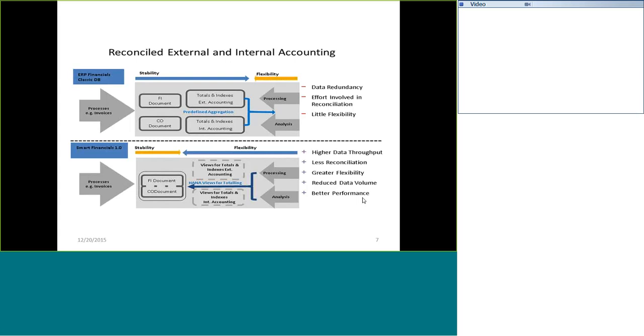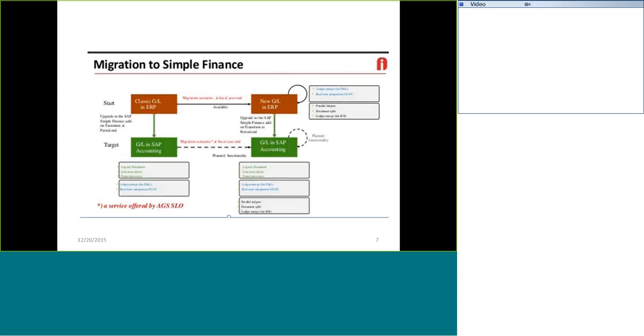Next, greater flexibility. Compared to multiple, in the ECC version we used little flexibility, but here we have greater flexibility. At one time we customize both conditions. Reduced data volume. Before, we had to do customization twice: once we designed the total financial structure, later we designed the total control structure. Now both are in the same stream. Better performance. Compared to the previous version, this gets the exact output with great accuracy.